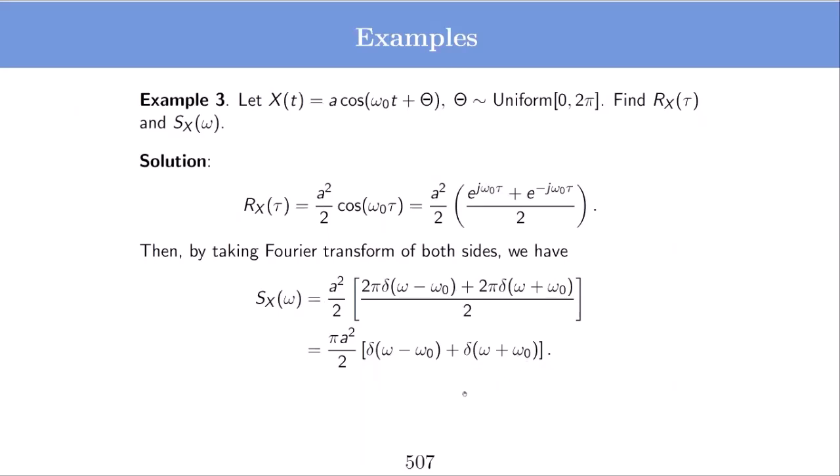This means that most of the signal power is concentrated around two frequencies, omega naught and minus omega naught, which basically says that there is only one frequency component, of omega naught frequency. Okay, and that can also be seen here, right? There may be a phase difference, but whenever you observe this signal, you get a cosine wave of omega naught frequency.